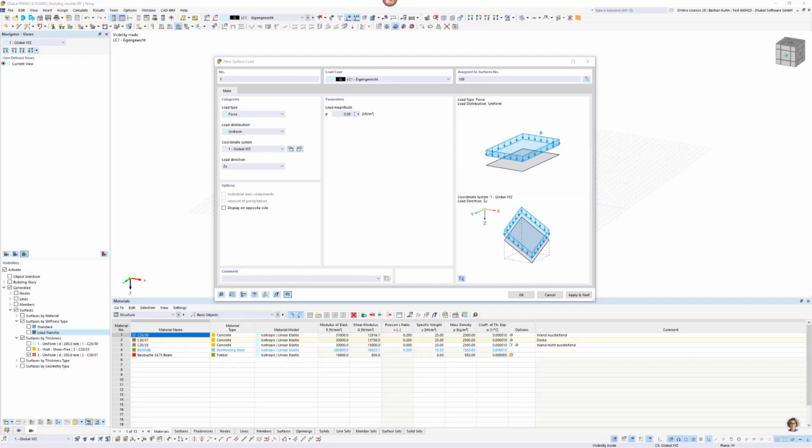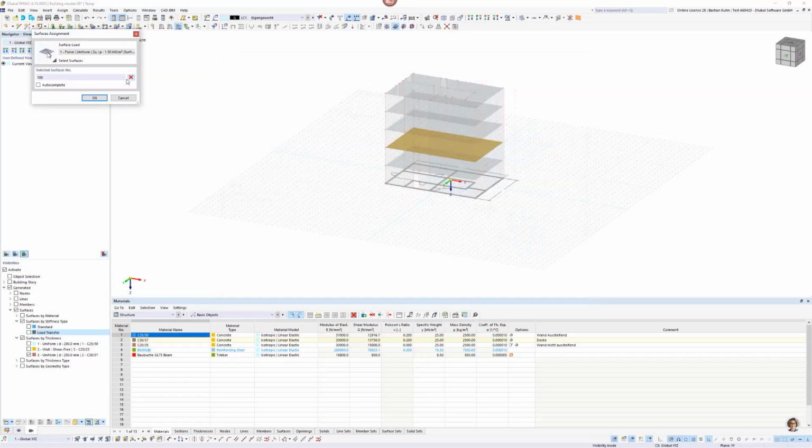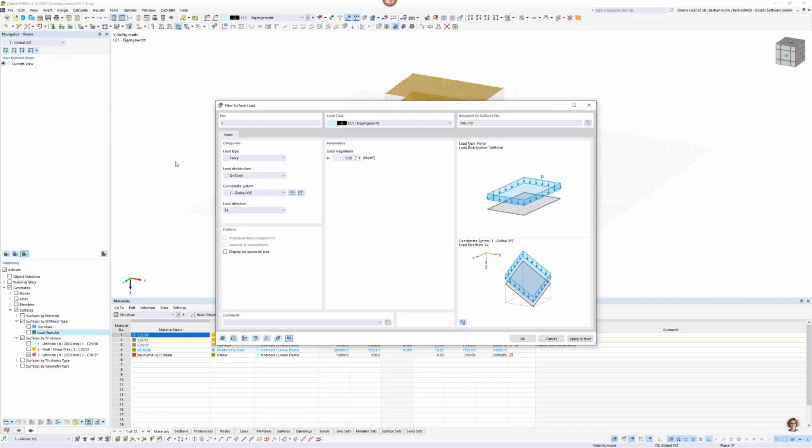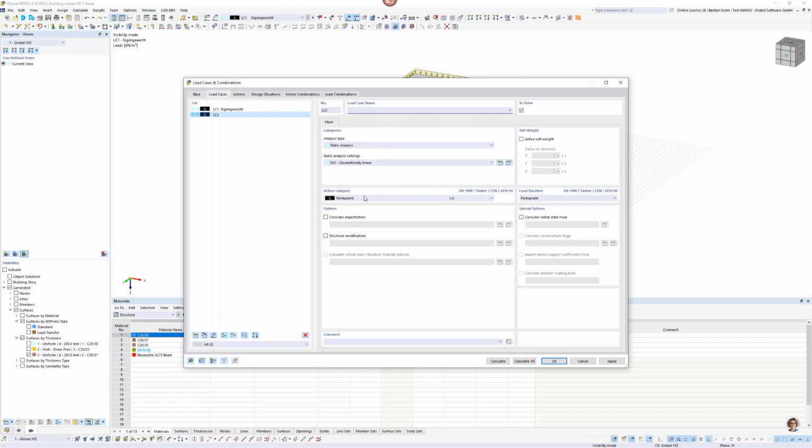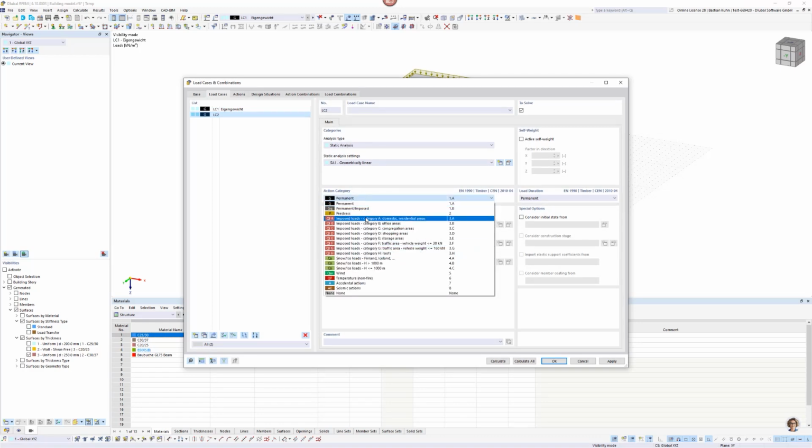Hold on, I also have to look at what I defined in here. So not so much load, 1.5. Oh, come on, is it not selecting it? So, and on each story, I want that 1.5. All right, and it's there,